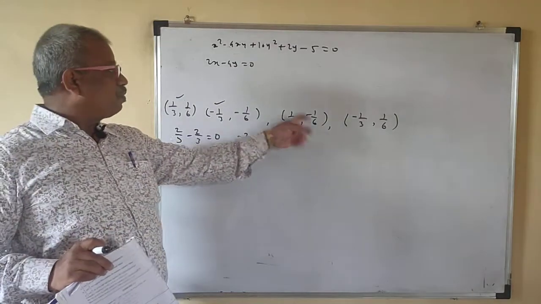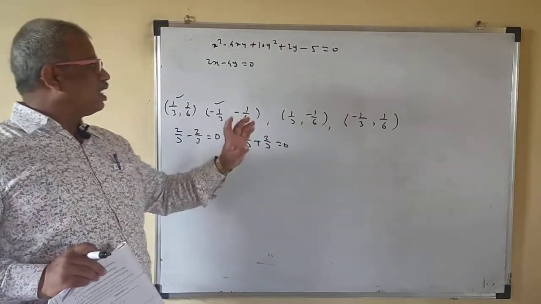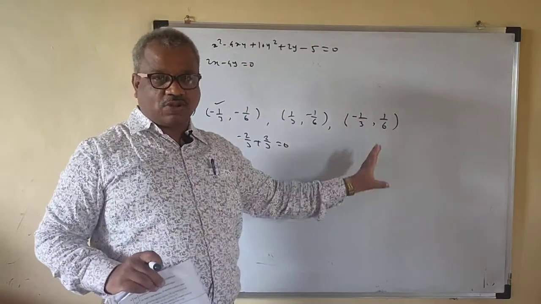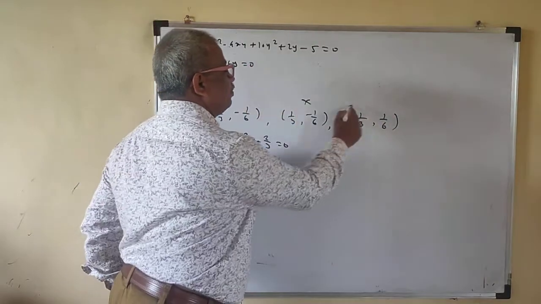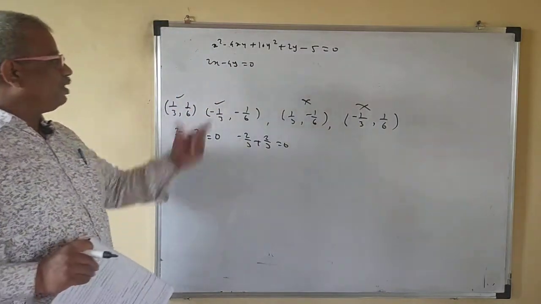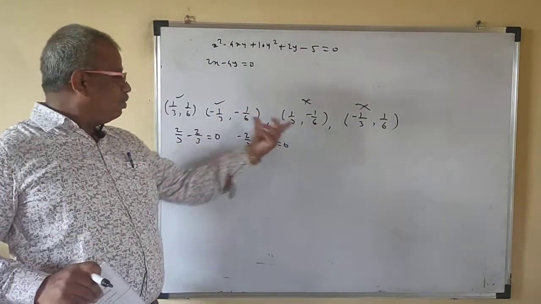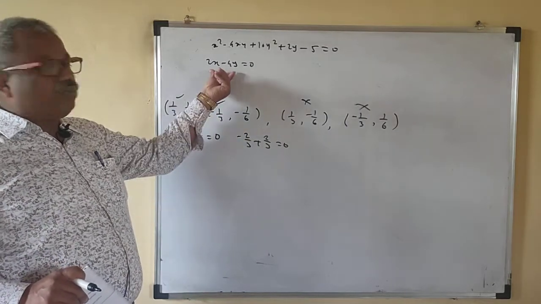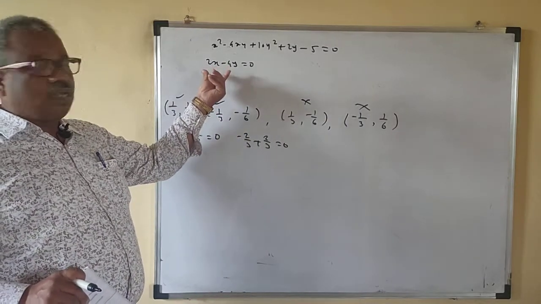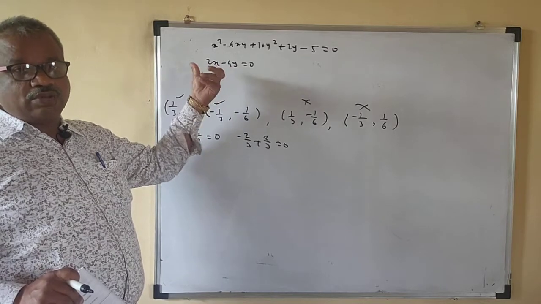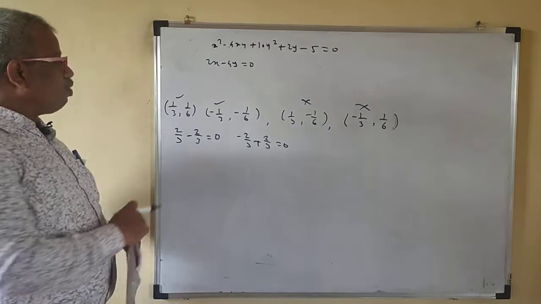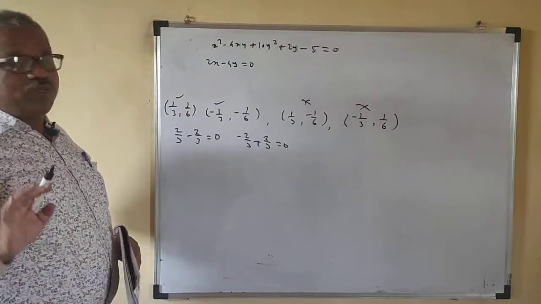This will not satisfy because of the y minus. This is x minus and this is minus, both are minus, which means they are not 0. So this option is not there. Because both are positive or both are negative, it will not work, since the sum will be 0 only if they have opposite signs. So either this or this is the correct option. But both satisfy this equation, so both will not be the center.